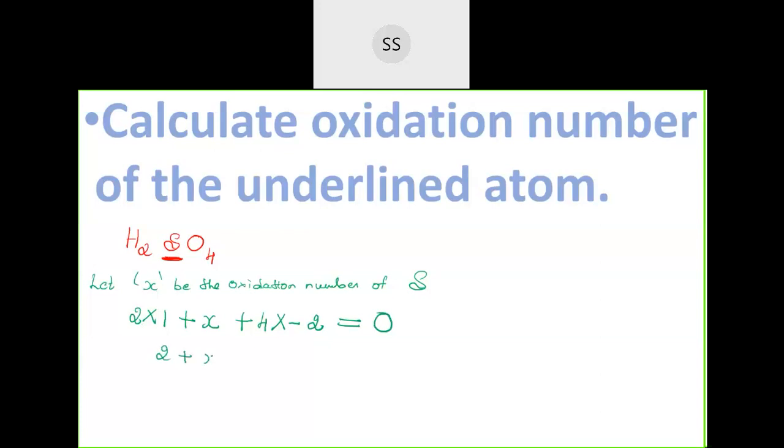Now what will be the X value? So 2 plus X, and here we are having -8. So -8 plus 2 will be -6. So X is equal to -6, take it to the other side, so +6. So sulfur is in the +6 oxidation state. If you want it directly, you see 2 into -4, -8, and -8 plus 2, so it should be +6. When you have a compound, you can do the mind calculation without writing, and you can find it out if you become very quick in doing this.